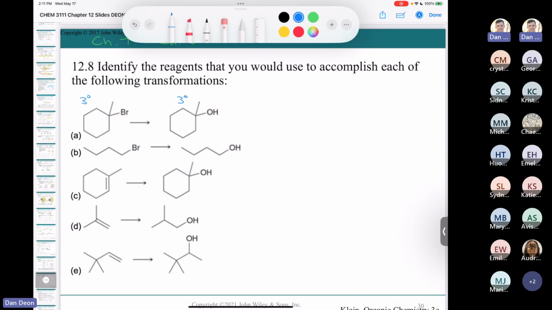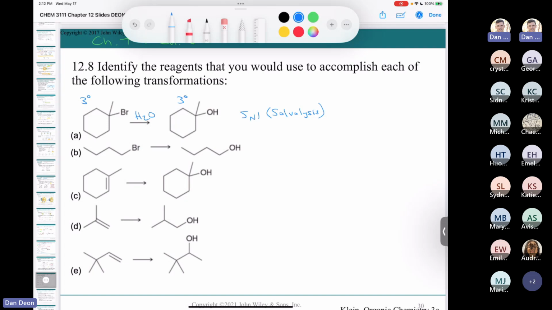First of all, could anybody answer me, would this be an SN2 or an SN1 reaction mechanism? What do you think? Would this be SN2 or SN1 if I'm starting with a tertiary alkyl halide? It's SN1, isn't it, right? This is an SN1 reaction, and so this reaction is actually a solvolysis reaction. All you need to do this reaction is water. Just put it in water, the leaving group's going to leave, then water is going to come in as a